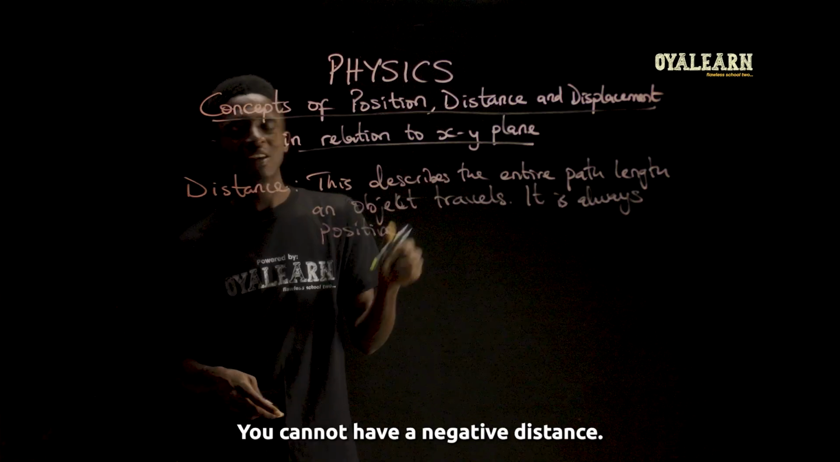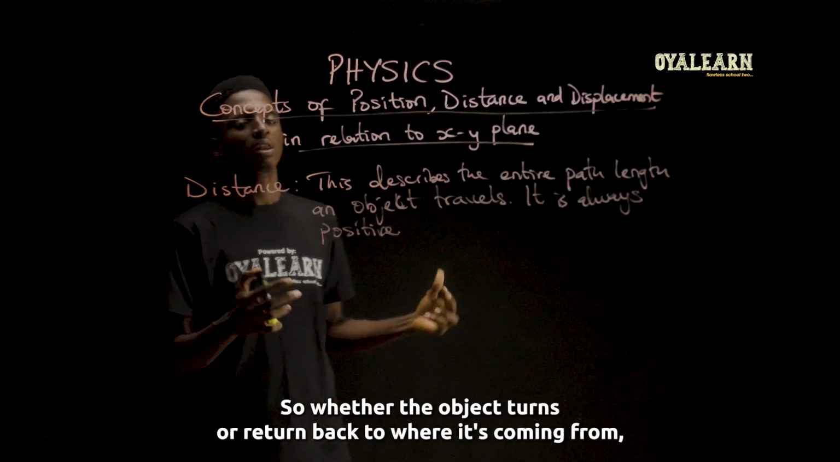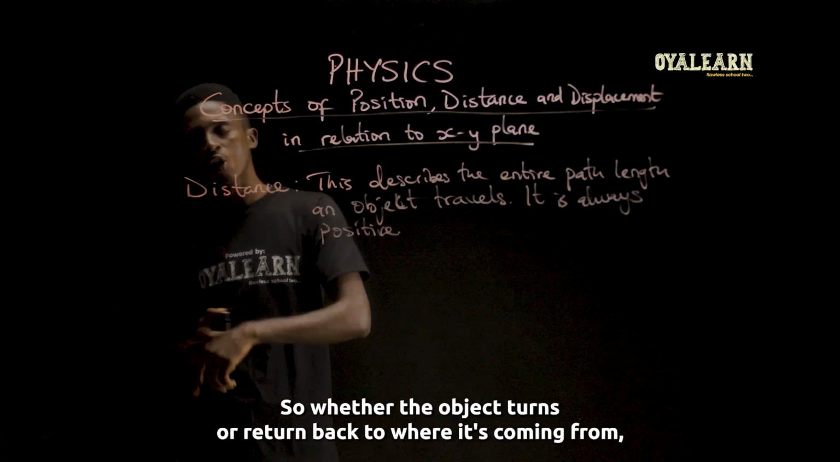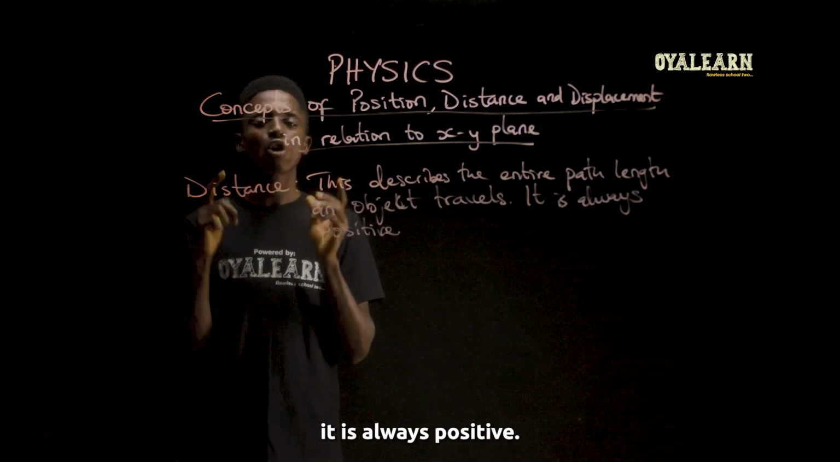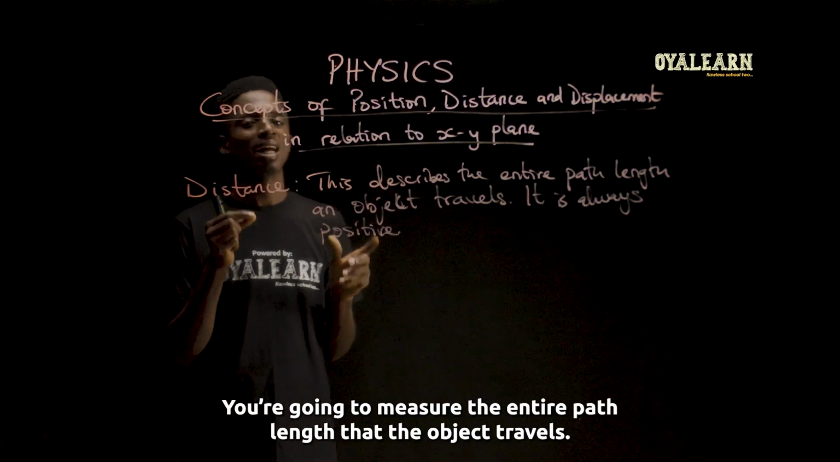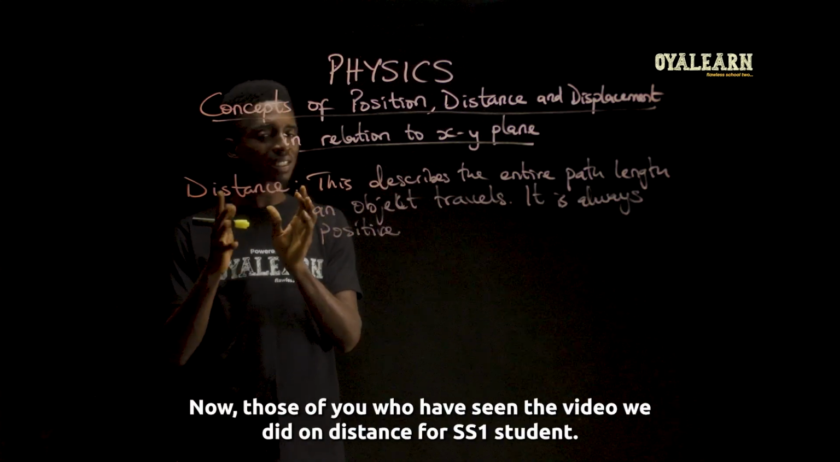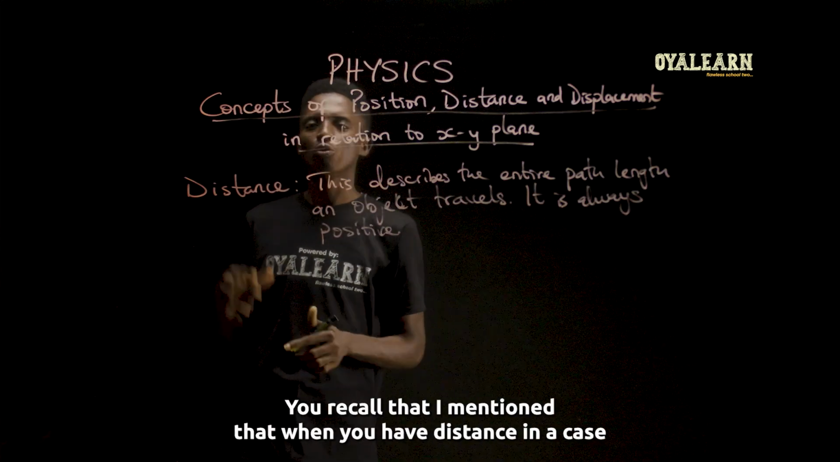You cannot have a negative distance. So whether the object turns or returns back to where it's coming from, it is always positive. You're going to measure the entire path length that the object travels. Now, those of you who have seen the video we did on distance for SS1 students, you recall that I